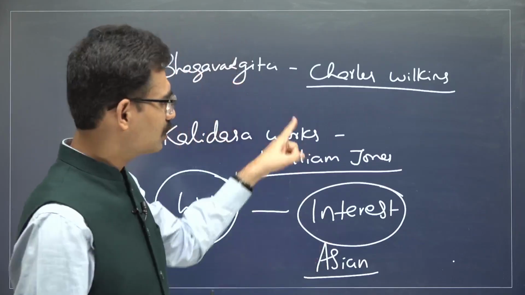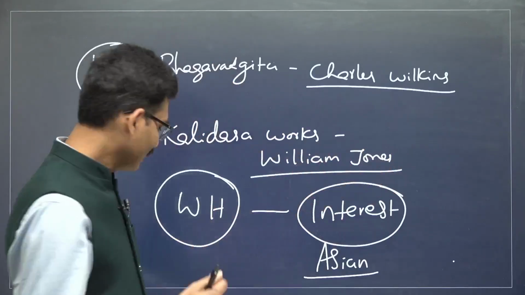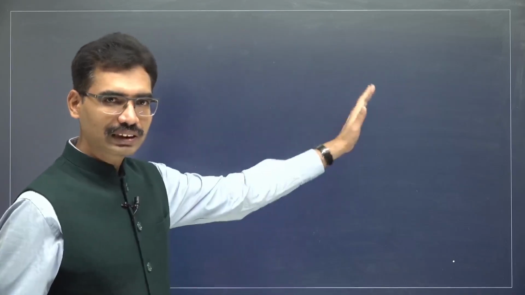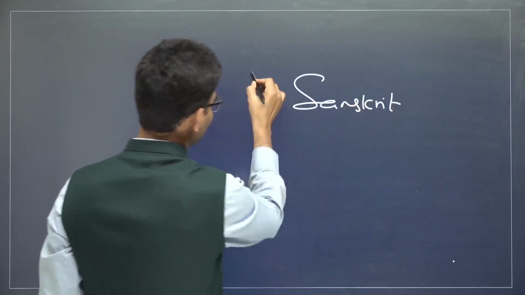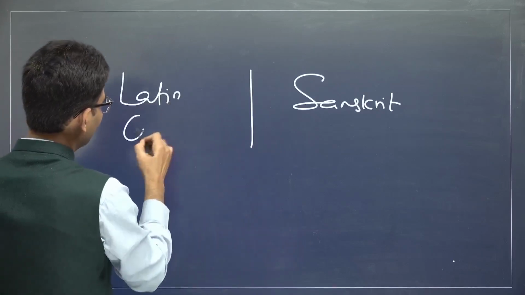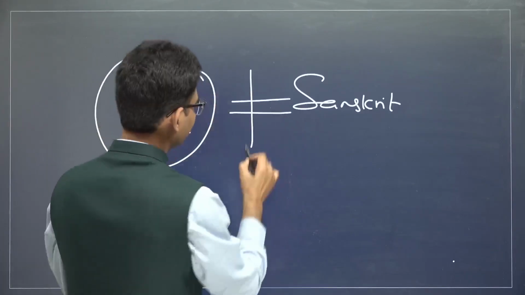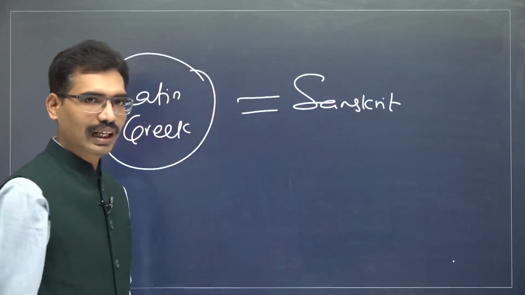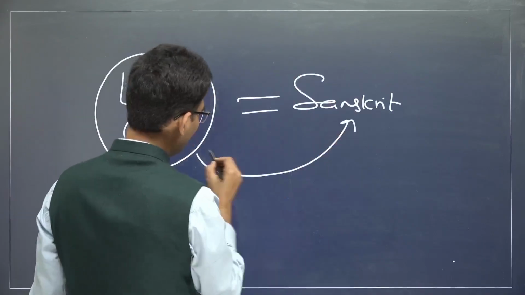In the process, William Jones also came to know that there is a clear-cut similarity between European languages and the Indian language, that is Sanskrit. William Jones came from Europe. In Europe, Latin and Greek were considered the equivalent of Sanskrit. If there is a language that is older like Sanskrit in Europe, that means Greek and Latin. Now there are strong similarities.